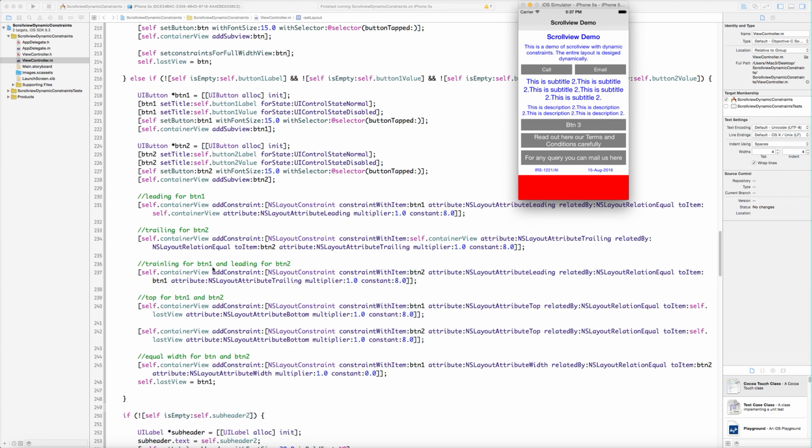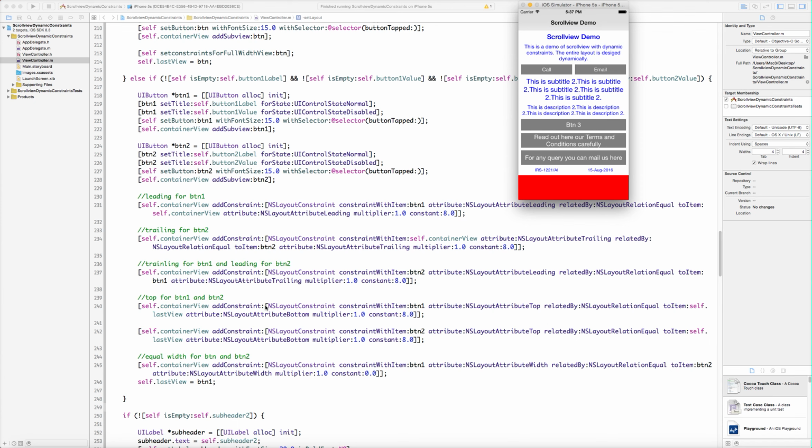And then trailing for button 1 and leading for button 2, that is the horizontal space. Button 2's leading constraint is equal to the trailing of button 1, with button 1's trailing of 8 pixels. It means this gap will be 8 pixels.